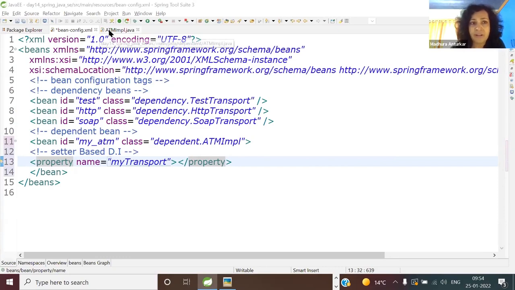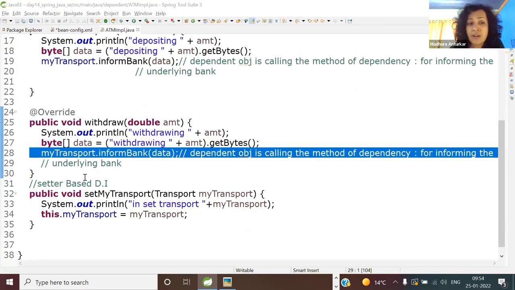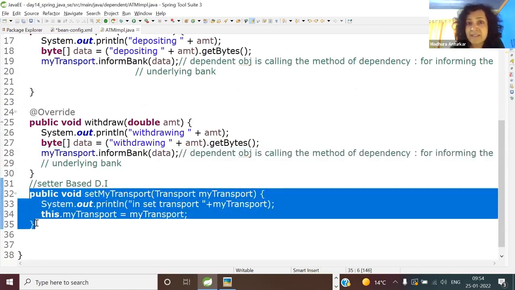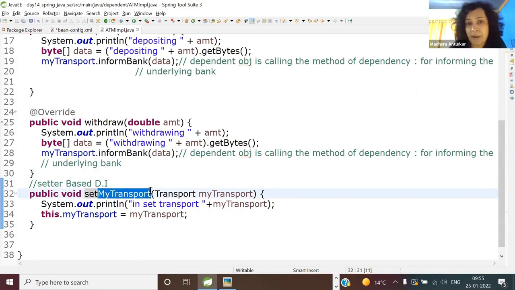IDE, wrong, all wrong. Here, it applies a beautiful concept called reflection, the Java reflection, which I have not yet taken. So here, it just checks, are there any setters in the bean? Is there any setter we have created in the bean? Yes. And here it performs reverse engineering, which is called generated property. So when it sees the setter, it will remove the set keyword. It will lowercase the first letter and treat it as a property.